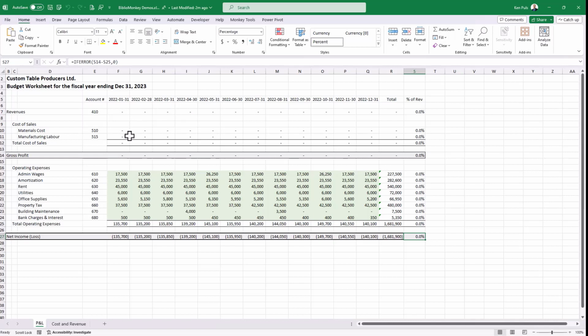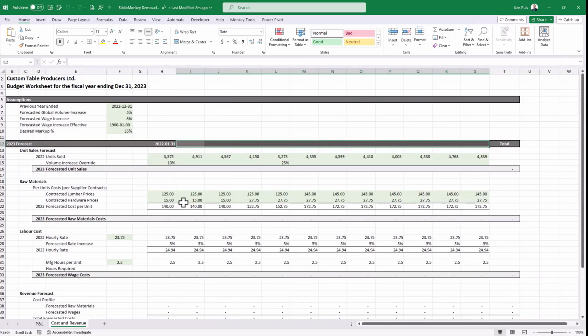Now this schedule here is actually populated from my cost and revenue page. And the problem is that my cost and revenue page isn't complete right now. So the first thing that I want to do here is show you how we can build a set of formulas in a real quick manner. And this one's going to be pretty easy, honestly. What I'm trying to do is get a list of month ends going through here. So I'm going to use the EOMONTH function. Now, the trick with this one, of course, is that I could actually write the EOMONTH function very, very quickly, but I'm going to show you how BiblioMonkey would do it here as well.